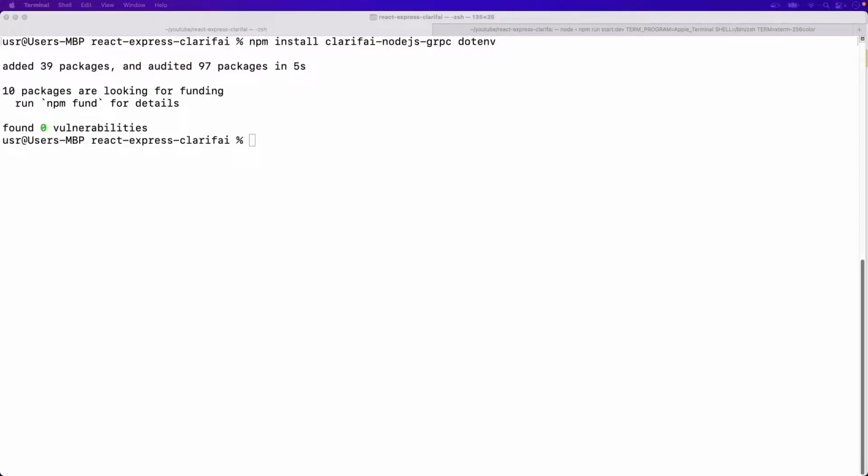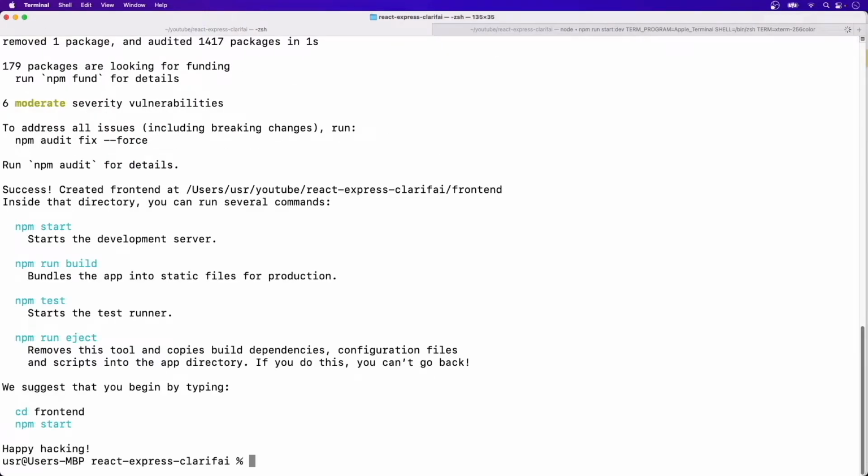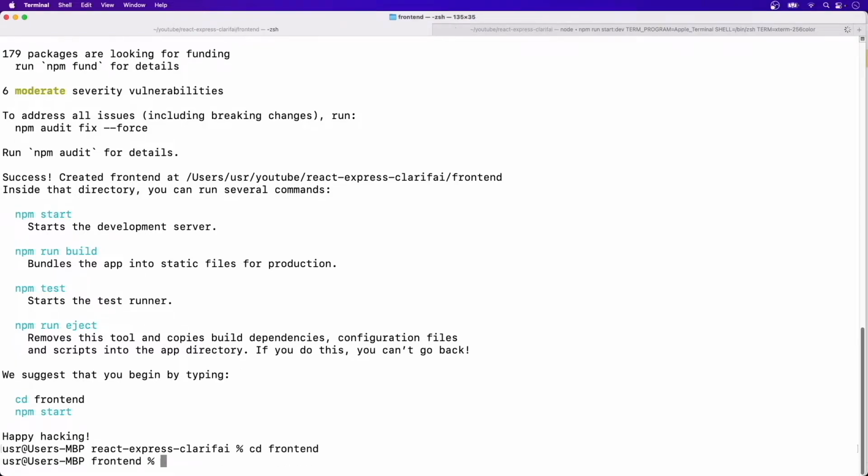Now let's start to build our front-end app. Inside the terminal, run npx create-react-app front-end. After the app is initialized, cd into the front-end folder. And we want to install some dependencies, so run npm install axios react-bootstrap